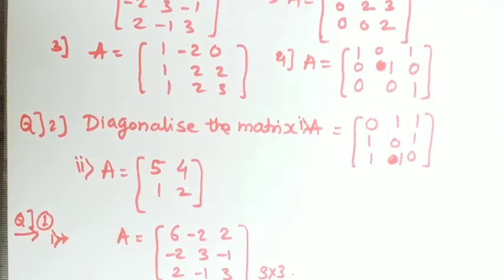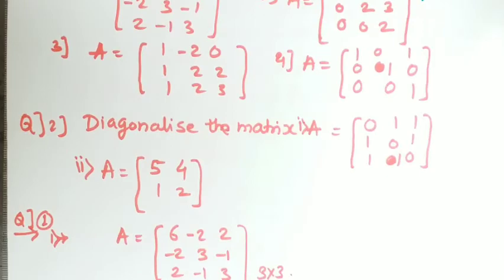I hope you have understood this discussion, and the previous lecture was also on diagonalizability. From these two lectures, I hope you understand how to do the diagonalization of a matrix, how to check the diagonalizability of the matrix, and once it is diagonalizable, how to determine the modal matrix P and diagonal matrix D. All these things you have understood.